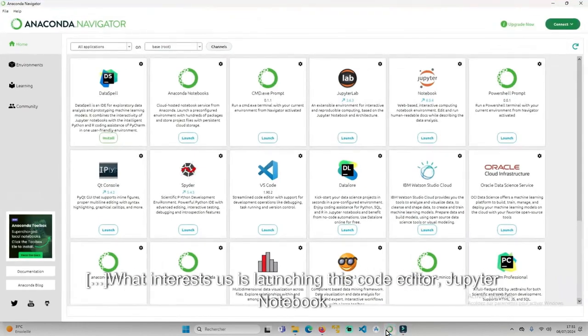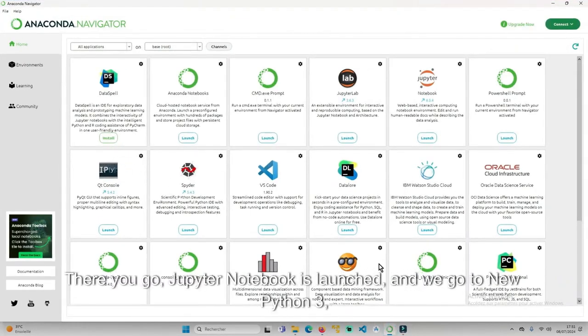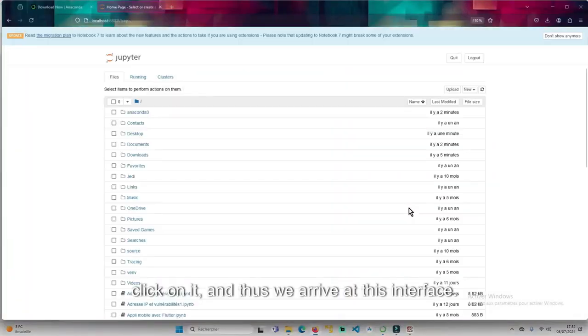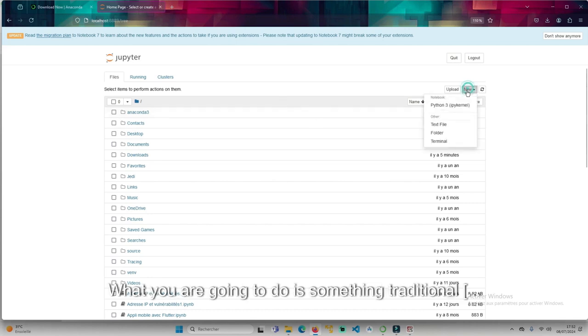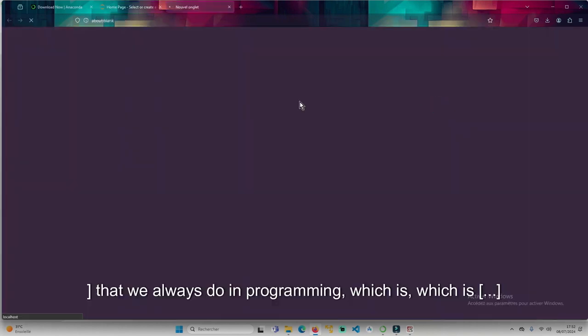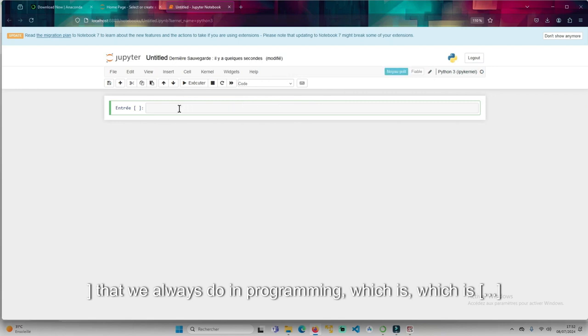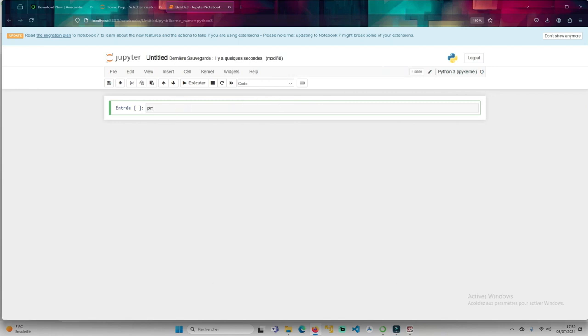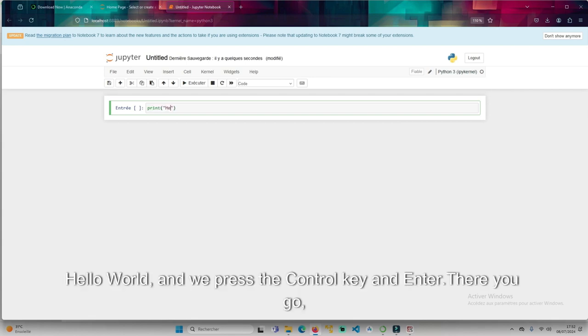It has opened here. What interests us is launching this code editor, Jupyter Notebook. There you go, Jupyter Notebook is launched, and we go to new Python 3, click on it, and thus we arrive at this interface. What you're going to do is something traditional that we always do in programming, which is hello world,